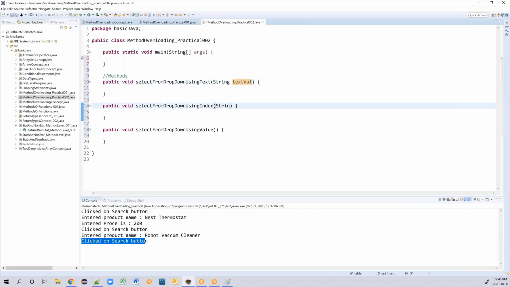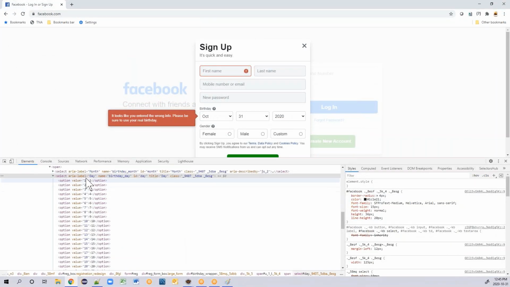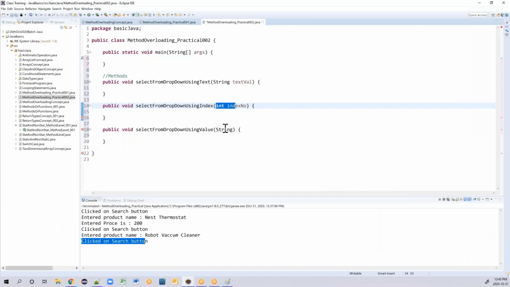Index will be an integer; you need to pass an integer index number. The value is a string because it is given in double quotations. Indexes you can count like 0, 1, 2, 3. That's the reason index will be given as an integer and the value will be given as a string.